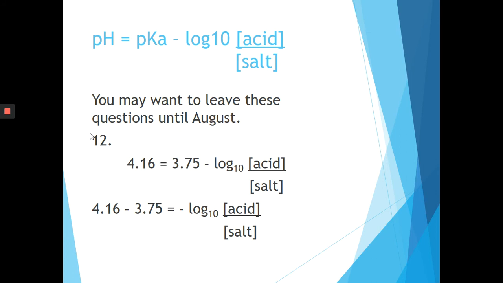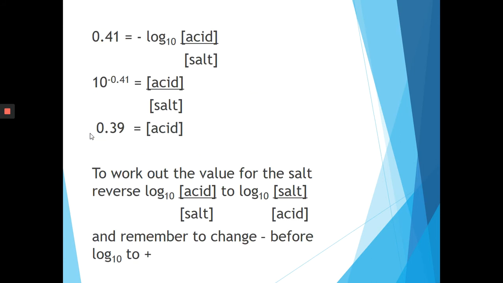These ones you're trying to work out the concentration of the acid and the concentration of the salt from the pKa and from the pH. Basically, to do it, you work through the calculation, put in the two figures you've got. Then you're going to have to do the reverse of log 10, so you're going to have to do the inverse log of 10, and you're going to have to make your pH negative, okay? The first one gives you the value for the